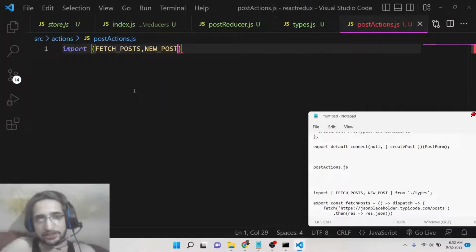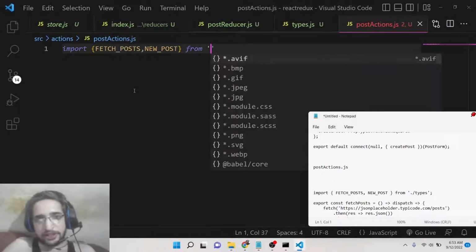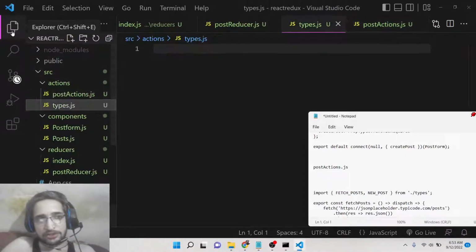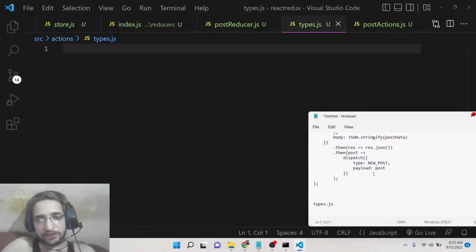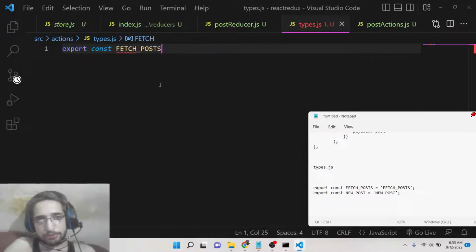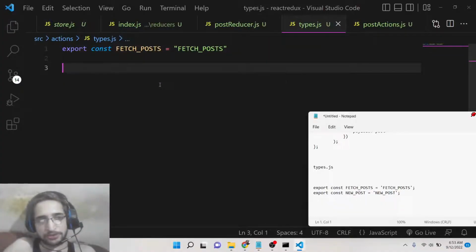We need to get these from the file present inside types. We have created this types.js, and inside this file we will declare two constant variables: export const fetch post, which will be equal to fetch post. That's it. Let me just write this and explain what is happening here. Export const